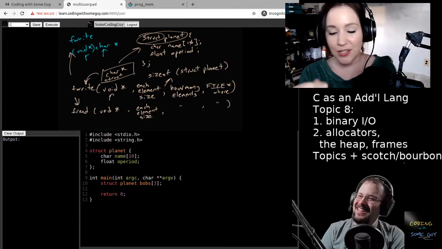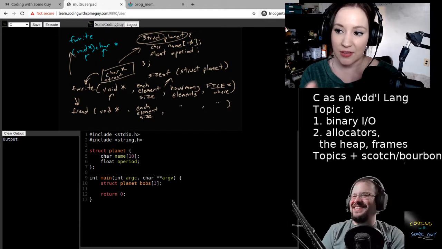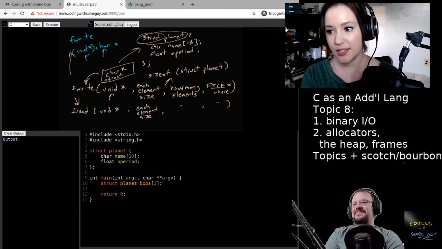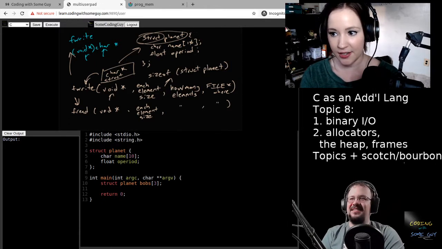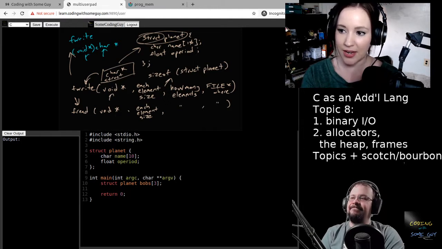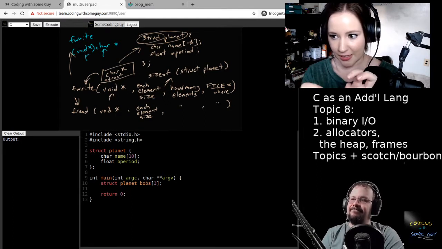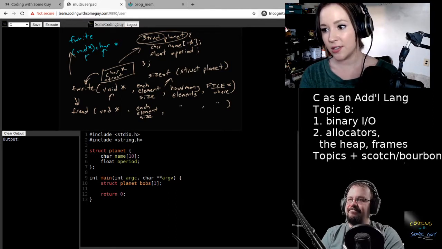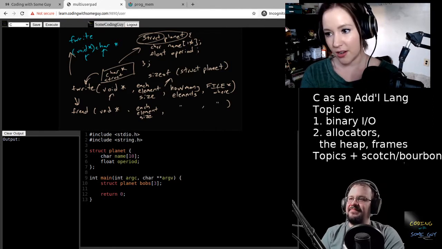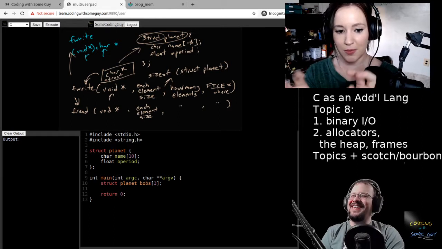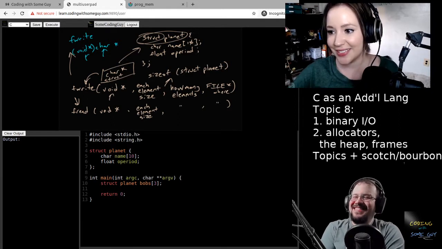Since we've already defined the struct planet, it's going to work just like char, creating a string which is an array of chars. That data type, struct planet, is already defined, and so that size is also already defined. And how do we get that size? Sizeof.